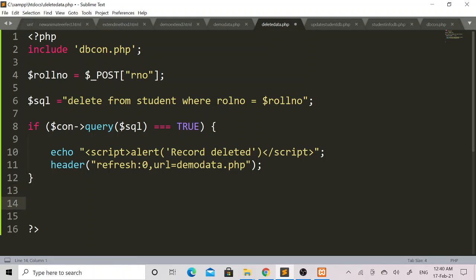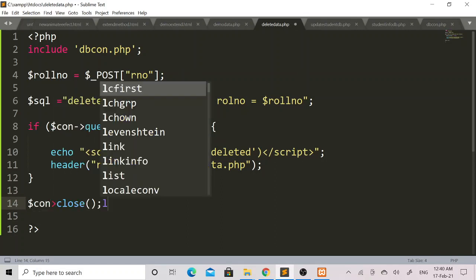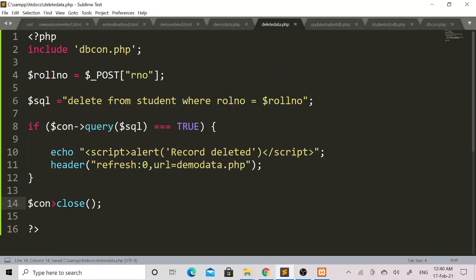Now after the if condition I will close the database connection using the close function. In this way, after execution of this delete query, the database connection will get closed.